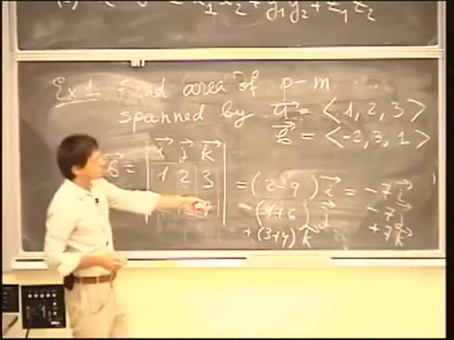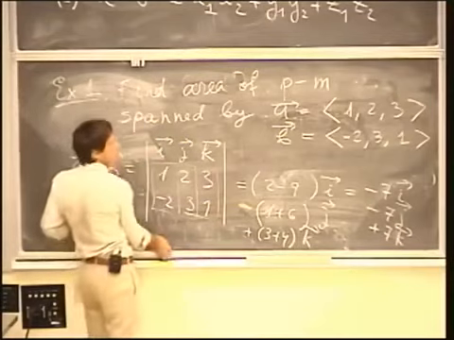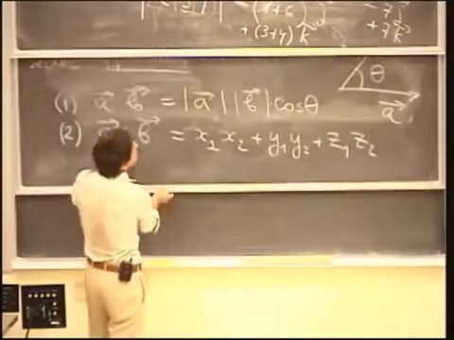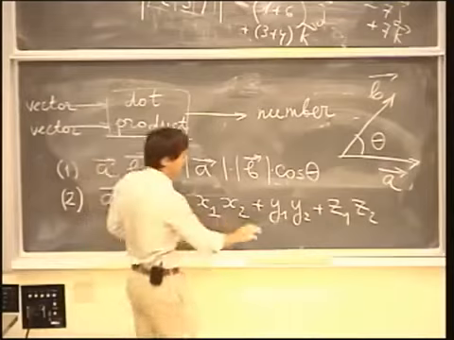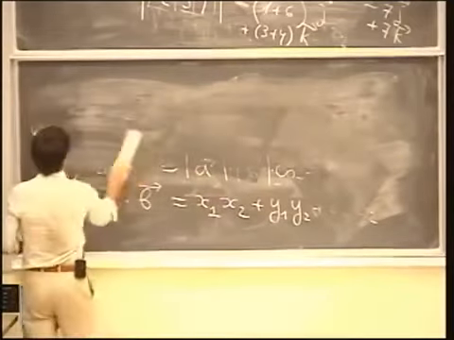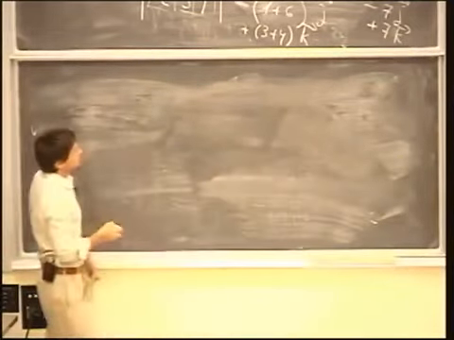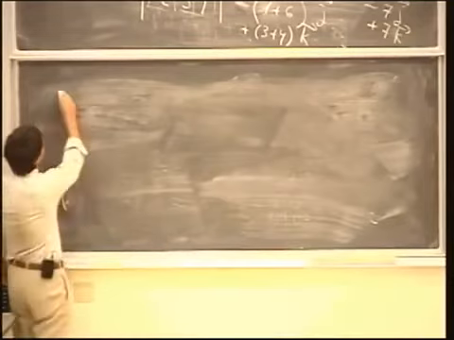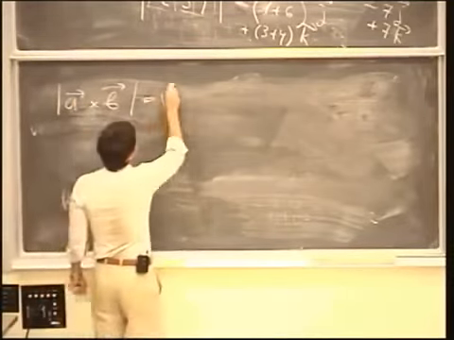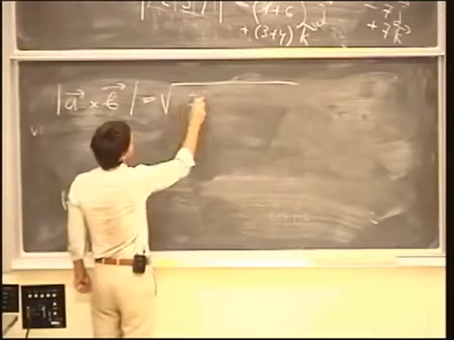Okay? So that's the cross product. And you want to calculate the area. To calculate the area, I have to take the magnitude of this vector. Please check my calculations because who knows. So now the magnitude is just the square root of the sum of squares, which is 7 squared plus 7 squared